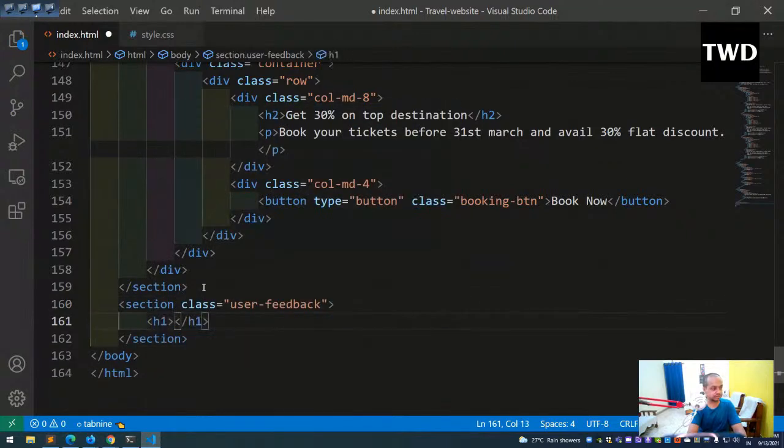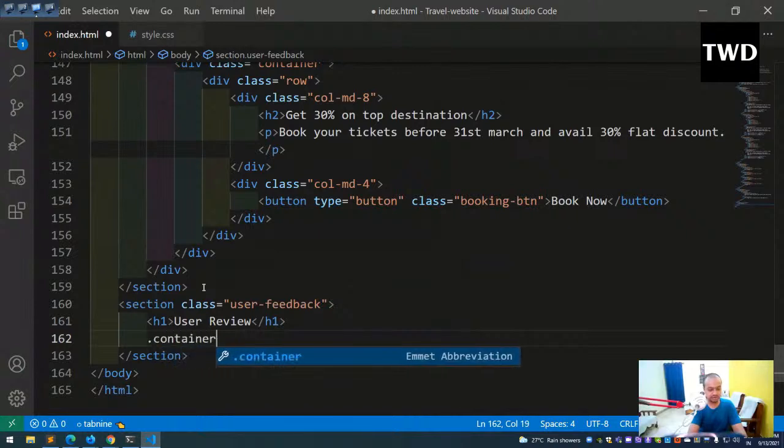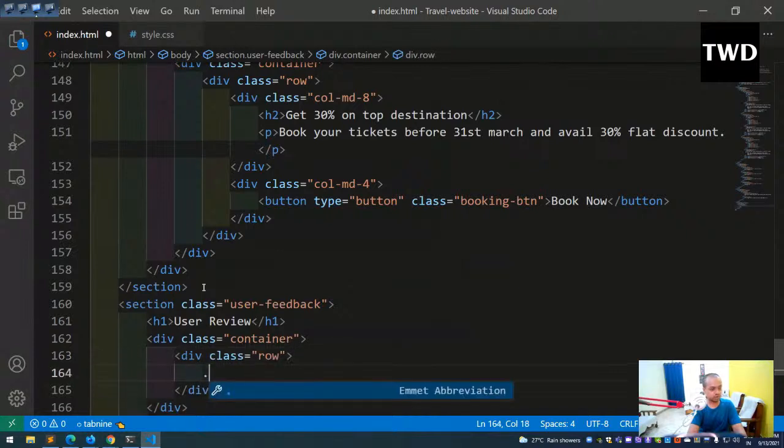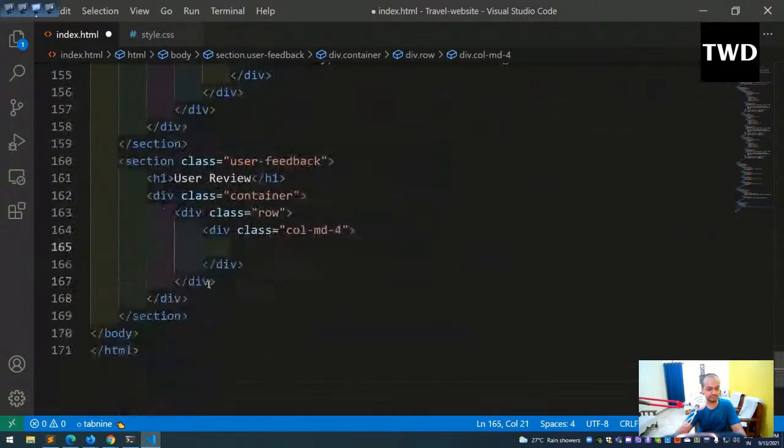H1 will be user review, and dot container, dot row, dot col-md-4, and then